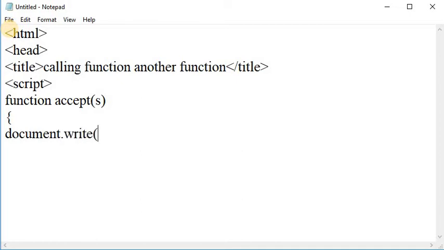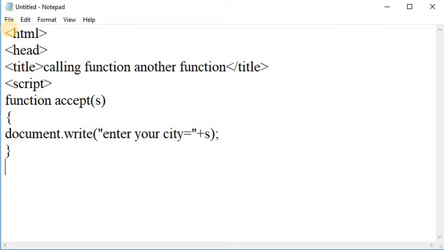In that I am passing the message "Enter your city", and for display purposes we display this s on a web page.